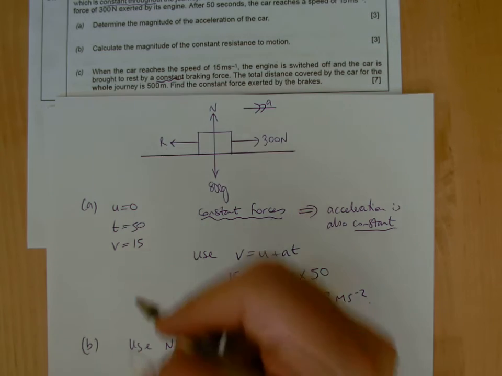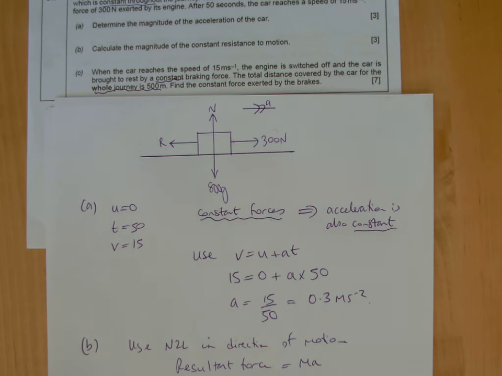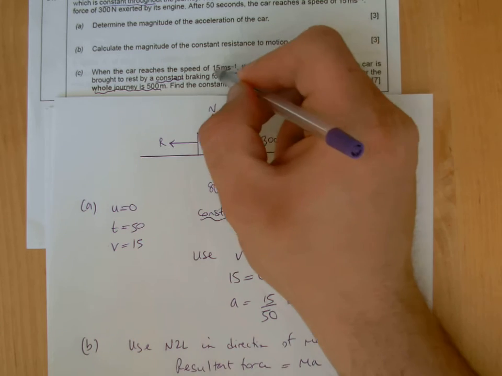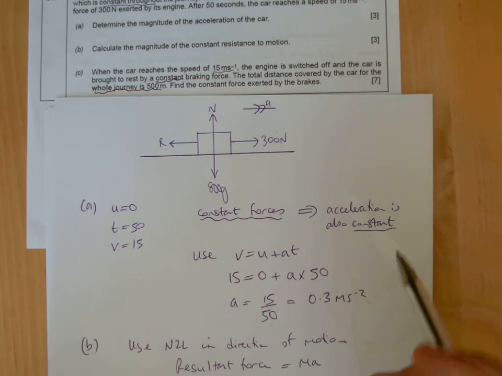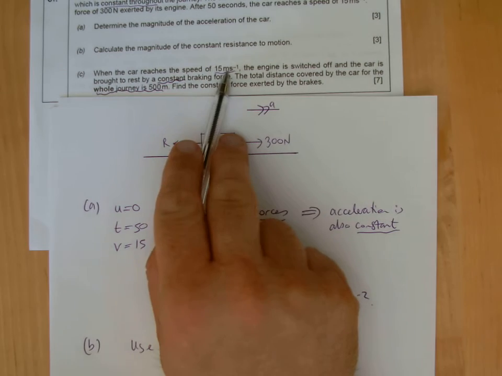Okay, so they've given us the whole journey here, distance is 500 meters. Perhaps what I'd be interested in is how much of that journey are they braking for, okay? And if we take note of the first line, it says when the car reaches a speed of 15, the engine is switched off, and of course the car then is applying that braking force. So we could perhaps work out the distances travelled up until that point,